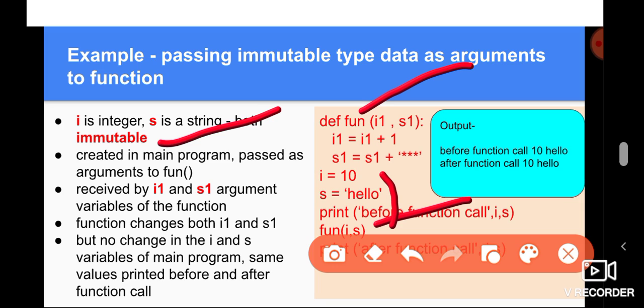This is because these two variables I1 and S1, although they receive the values of I and s, are actually created as new variables in the memory. So the changes are made in the new variables, not the original variables which were passed as arguments.